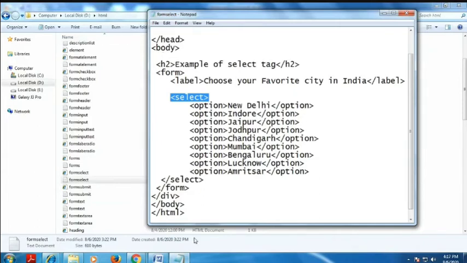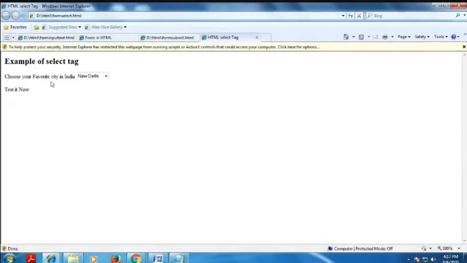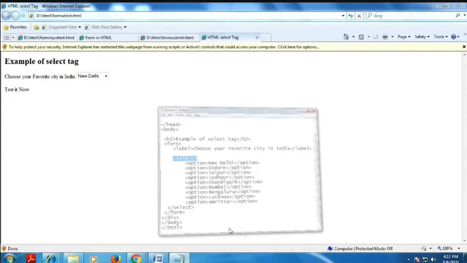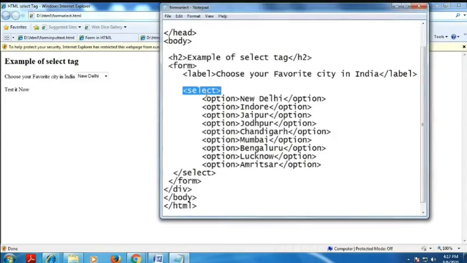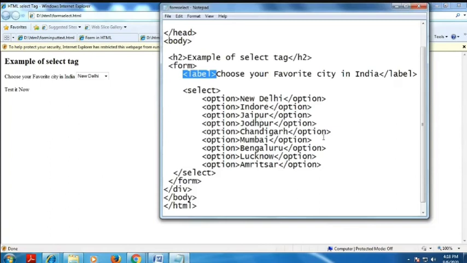You see this, the output is, you see, this is the input. Select, meaning I put the label, choose your favorite city in India. I have to choose some other favorite city of India. Choose your favorite city in India. It can display some other cities, that is Indore, Jaipur. You see, I gave the option button. If you choose any one in more than one option, you have to use the select and option elements. Select tag within the option element. Okay.